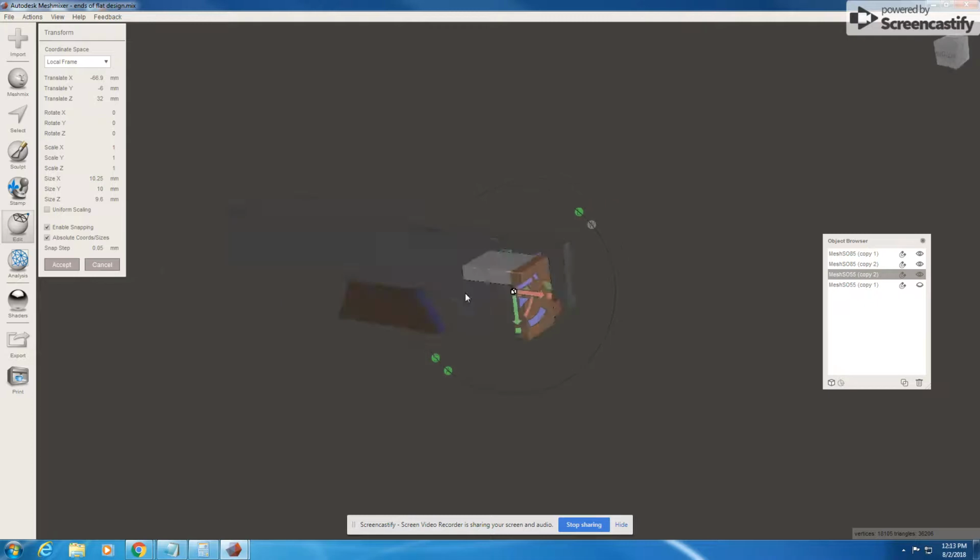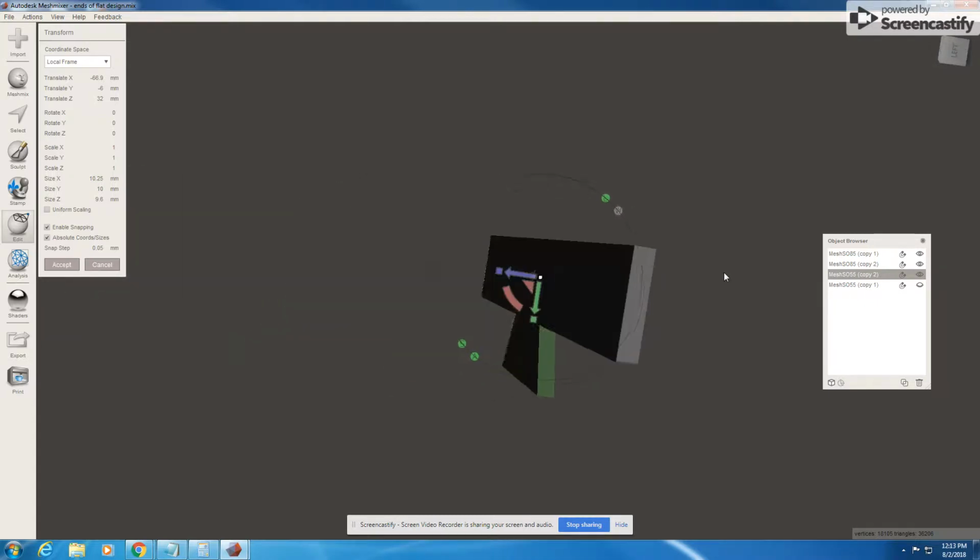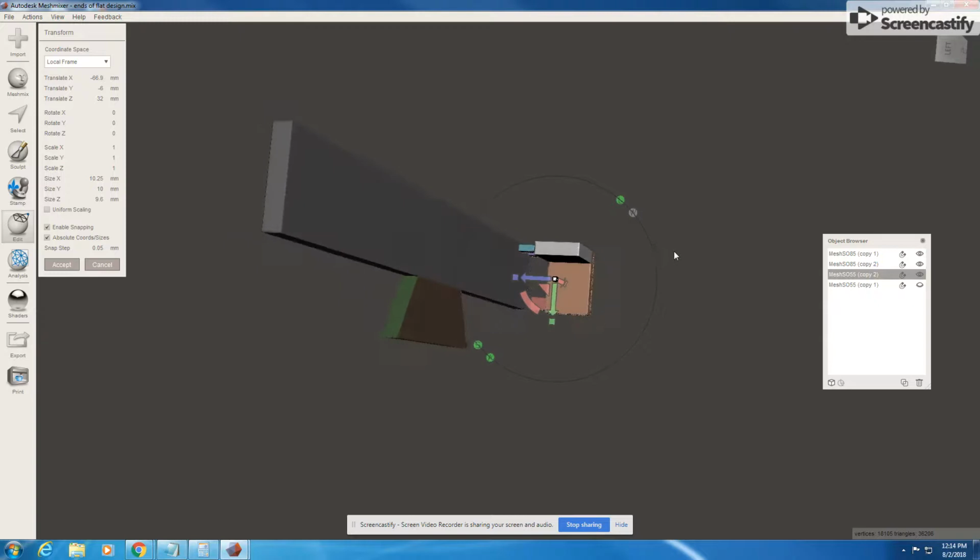So if I line this up here perfectly, I think this should be enough space for the phone to nest